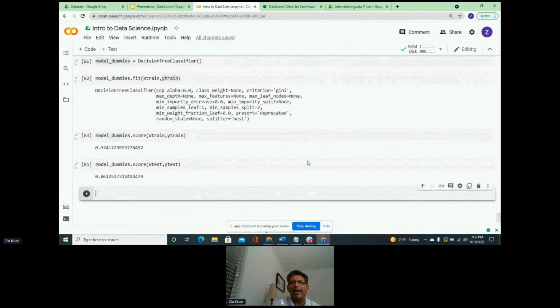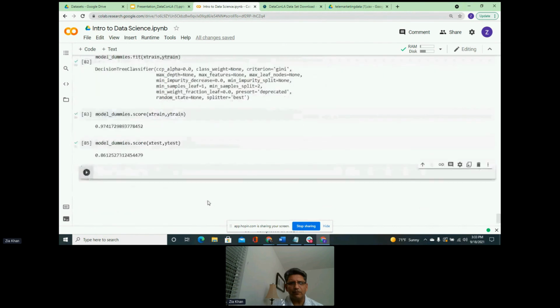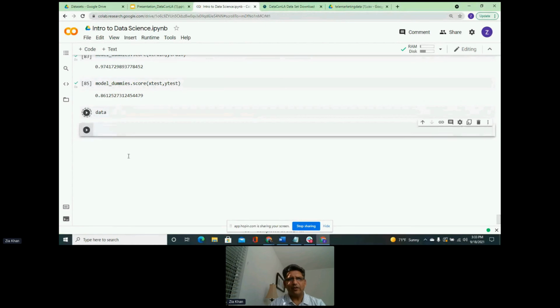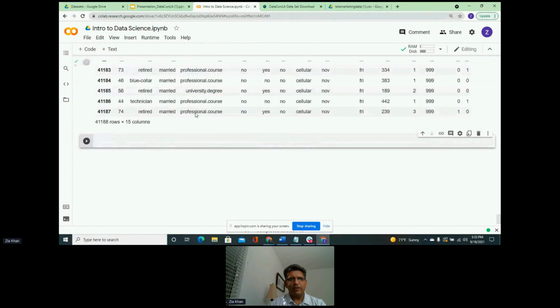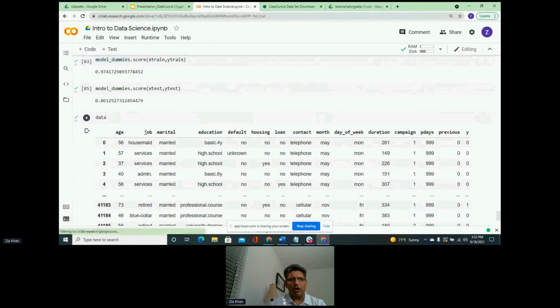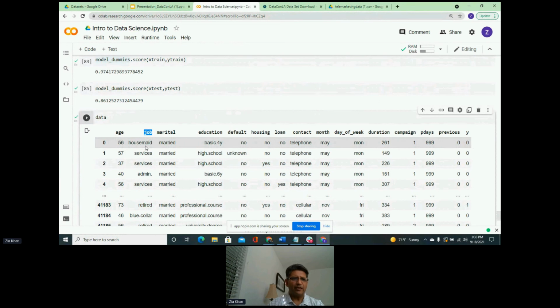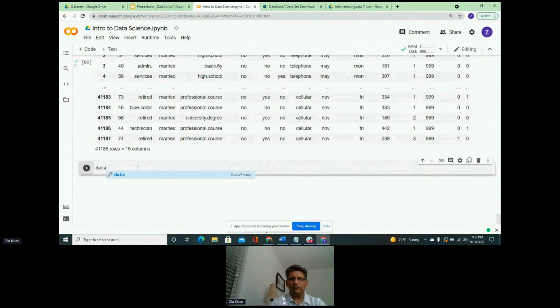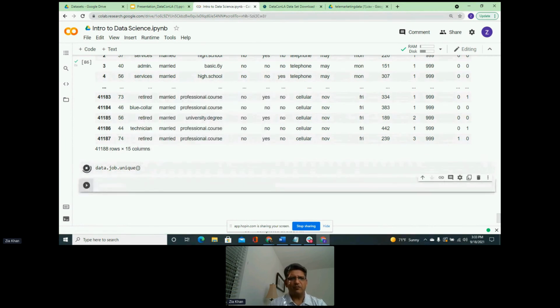Let's try and add another feature to it. This time, let's go back to the data set. Actually, we don't have to go back that far up. Let's do data here and see what we have in our data set. Okay, so let's pick another categorical column, job. Age and job should be important because it's what you do, but we have not looked at job at all. So what kind of values are there in job? Let's do job dot unique, just to have a bit of perspective of what we are doing.